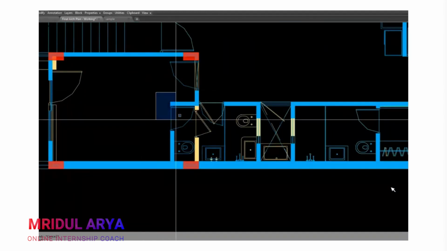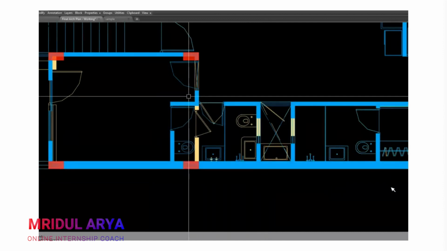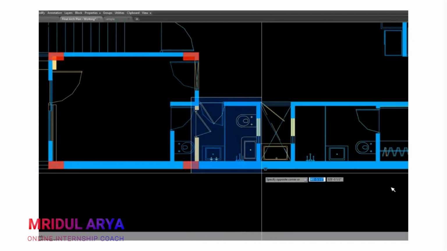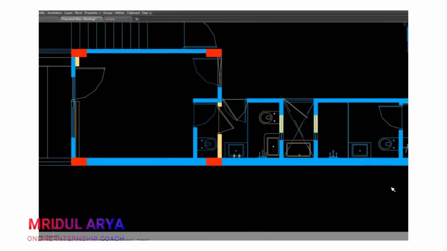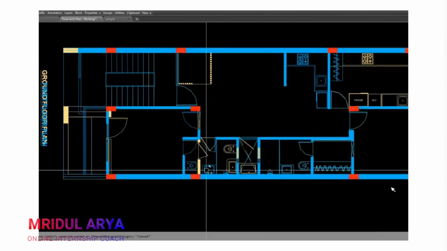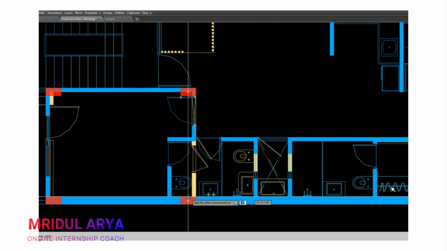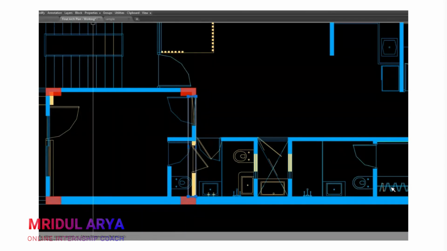My bathroom on the first floor is this big, but my bathroom on the ground floor is this size. So when you provide a column at this location, you can easily provide your beam at this place.